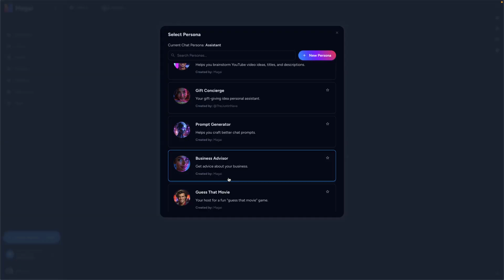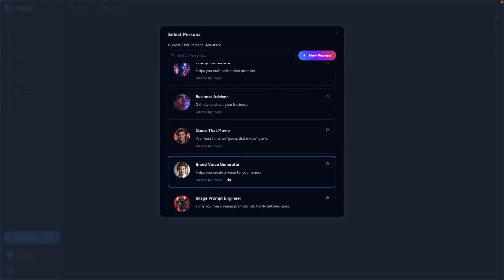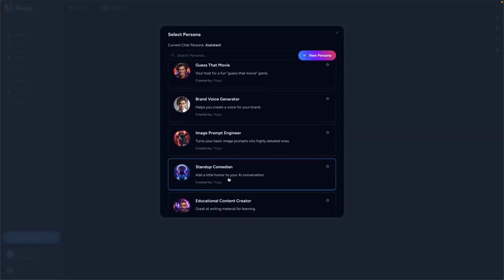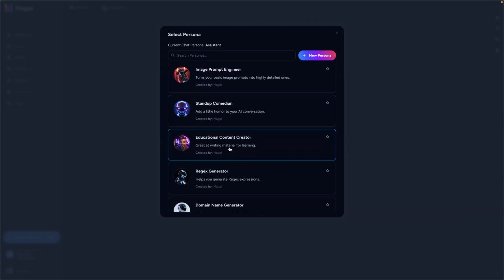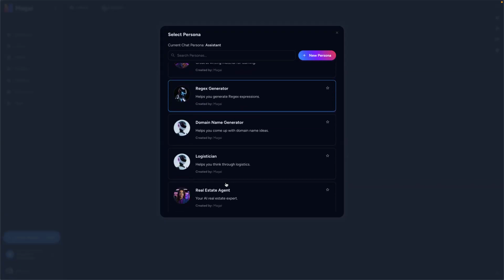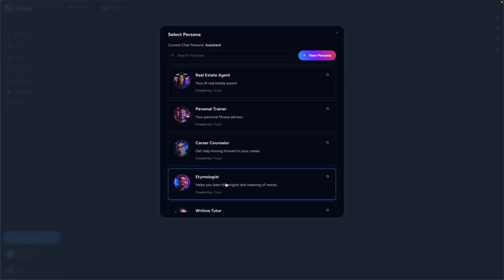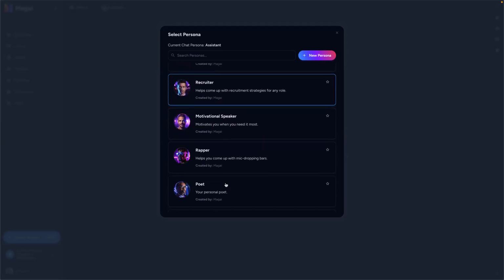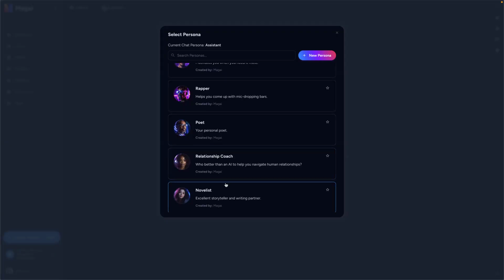Now, I can vouch for Magi, but any of the other ones that you might see on the market: a stand-up comedian, an image prompt engineer, educational context generator. Like there's so many in here, real estate agent, a personal trainer, a career counselor. Like it's crazy. A rapper, a poet, a relationship coach.